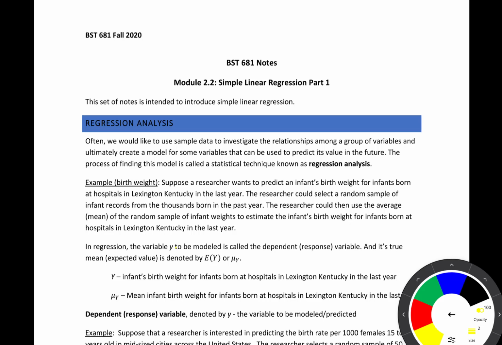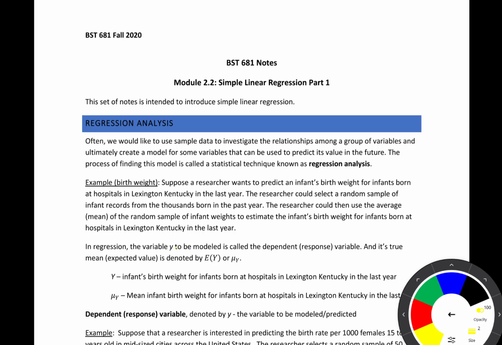And so what we're going to do is start with the most simple form of regression analysis, which is called simple linear regression, and then we're going to build on that and learn how to incorporate multiple variables and do many other things. In order to do this, though, we're going to start out by just giving an introduction and some motivation to